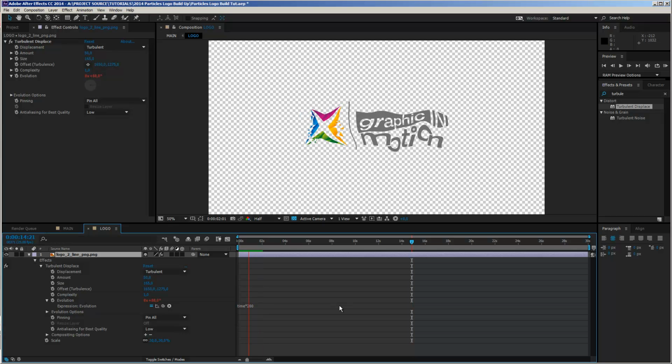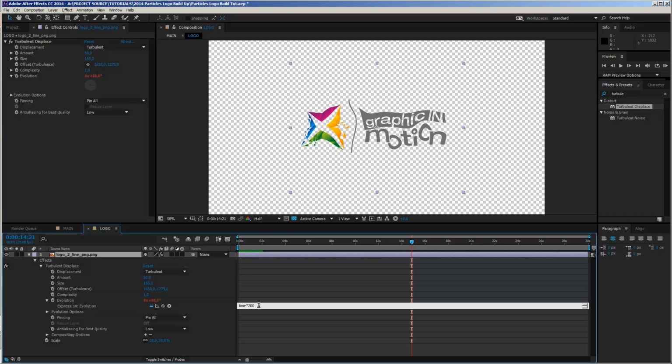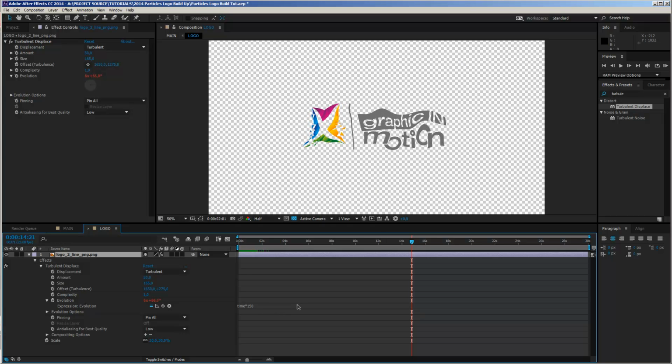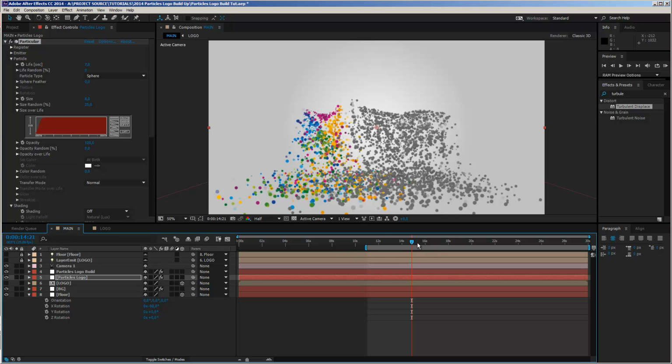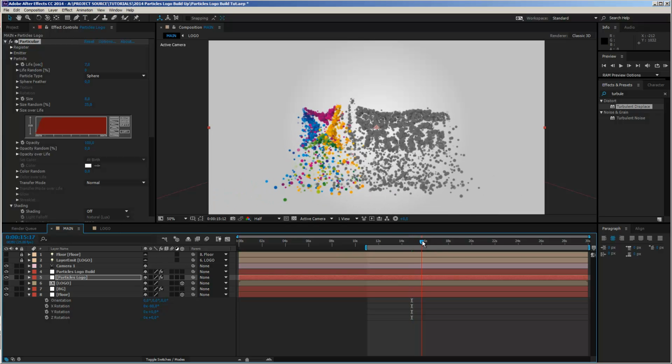And I think that it's maybe a little bit too fast, so let's set it to 150. I'm not sure, we have to take a look how it looks with the particles. And now I want to just take a look at which point in time my distortion should end.